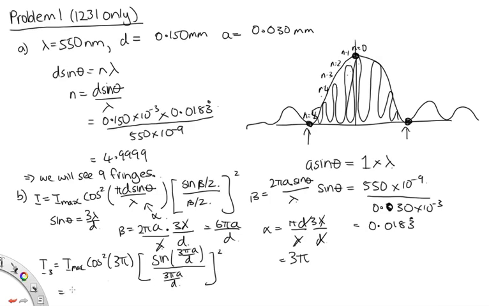So solving this, we've got I max cos squared 3 pi. Cos of 3 pi is minus 1, squaring that we've got 1, and 3 pi a on d